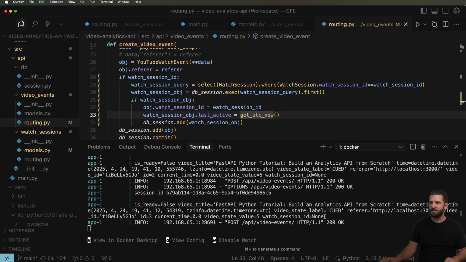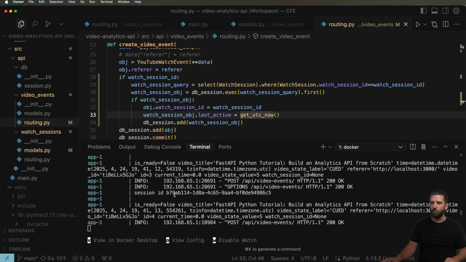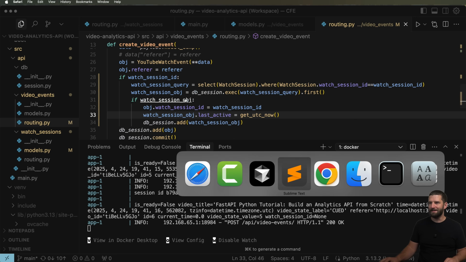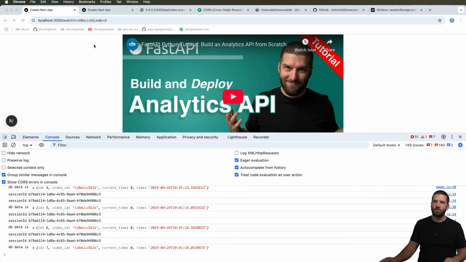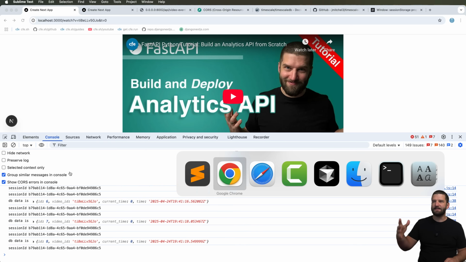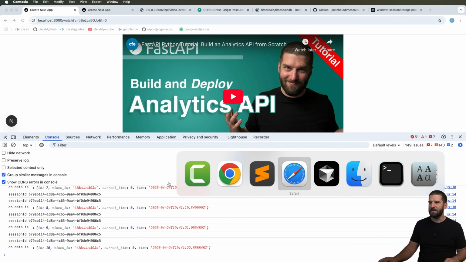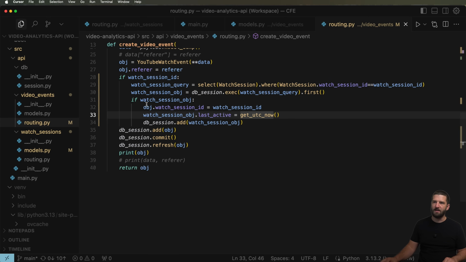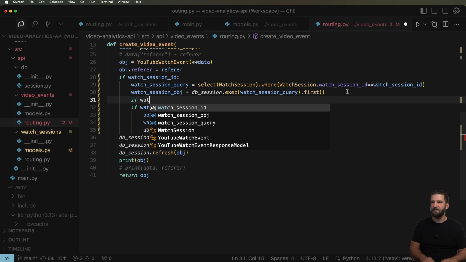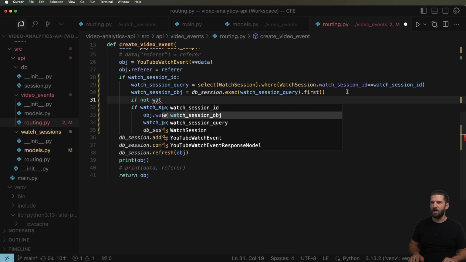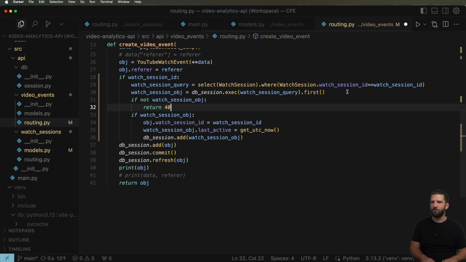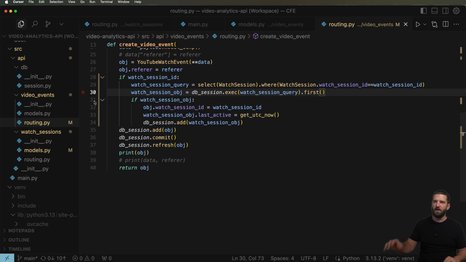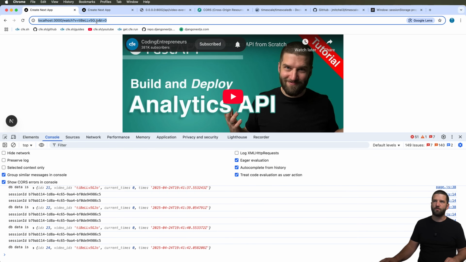We got our watch session ID in here that's not actually working anymore because we deleted the old one, right? And so this is where we might have to let the front end know that that session is no longer valid. So that's another thing in here where perhaps instead of going through this process, we might also have something more along the lines of if not watch session object, and then returning some sort of 400 error where they might have to reinstall or relog into their session,